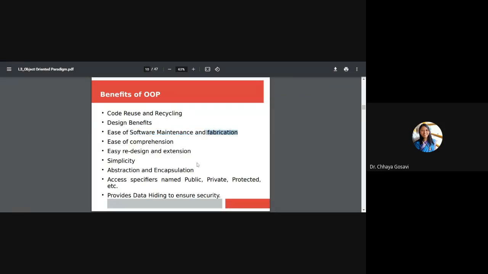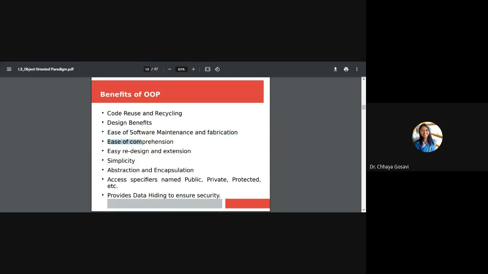And once the task is divided, you don't have to check or debug the complete project at a time. You have already divided it into different modules. So you test and debug that particular module and make it error free, workable. And that workable module can be added into the actual project. So maintenance is also easy, because you are not maintaining the complete project. You have to maintain just small modules.